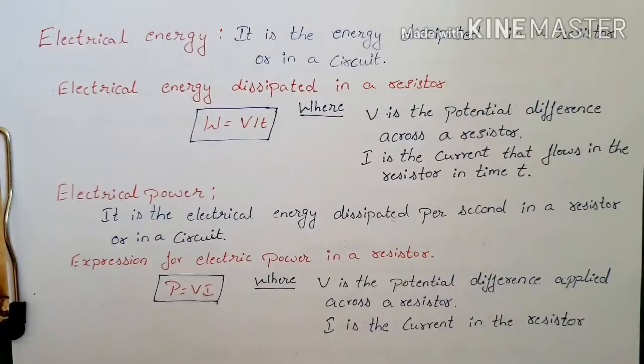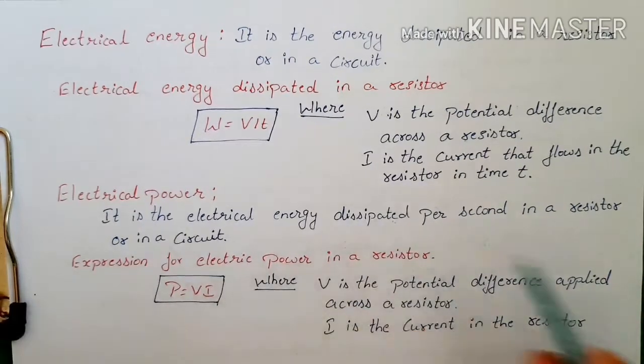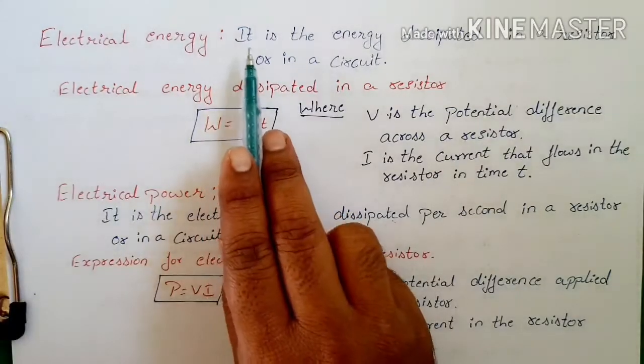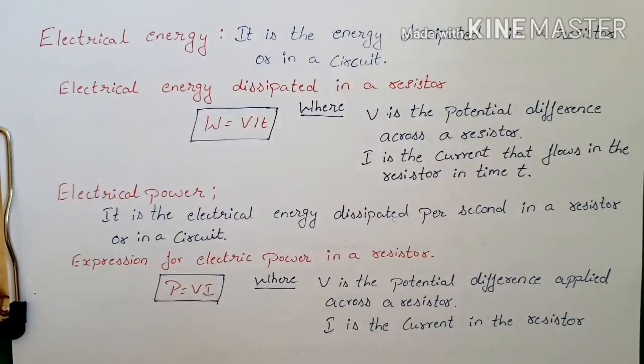Yeah, the next definition, electrical energy. We know electrical energy is one of the forms of energy. We have several forms of energy like light, heat, wind. So electricity is also a type of energy, right? Here, in terms of electrical circuits and current, we can define it like this: it is the energy dissipated in a resistor or in a circuit when the circuit has a flow of current.